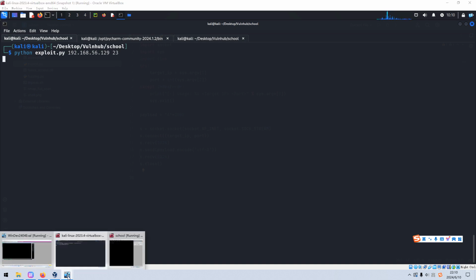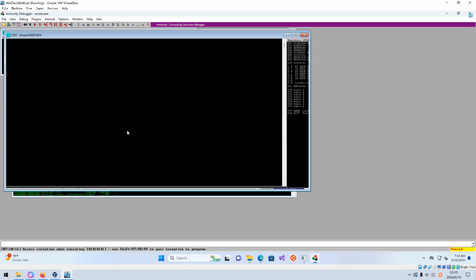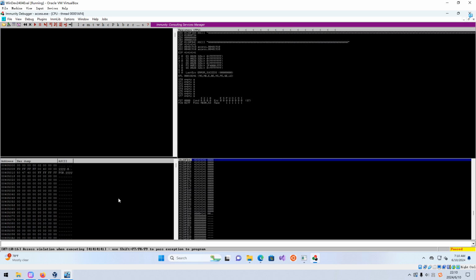And now we go back to the Immunity. As you can see, the access violation when executing. And as you can see over here, the EIP has been overflowed by our A. 41 stands for capital, or uppercase, A.